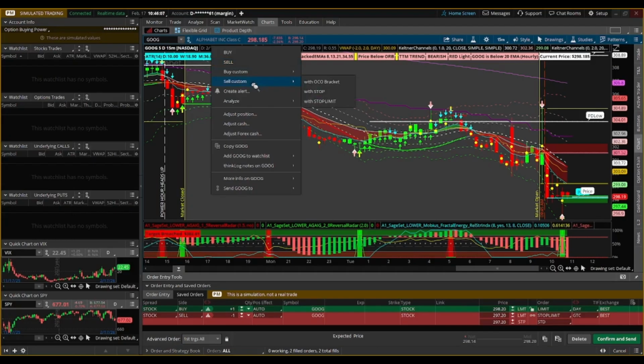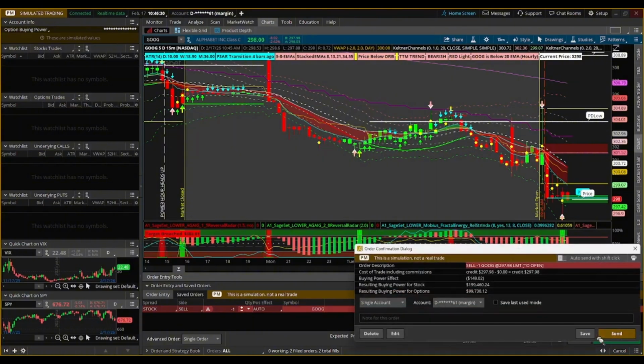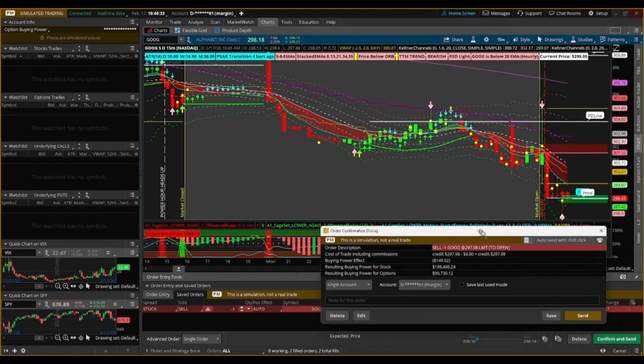Take a moment to read through every row of the order from left to right. Check the side, quantity, symbol, order type, price, and time in force on each leg. Multi-leg orders especially can have a lot of details to verify. A moment of careful review before sending can save you from a costly mistake. Once your order is configured exactly how you want it, click Confirm and Send. A confirmation dialog will show you the full order details before it's submitted.